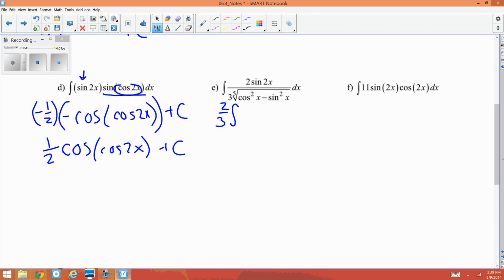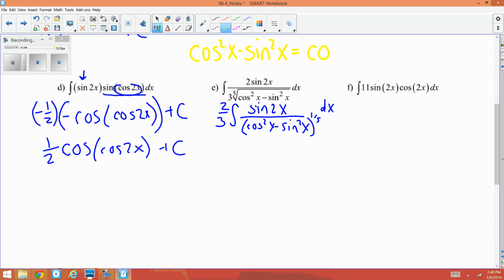Alright, and then sine of 2x. Let's see, I'll write it with a power, cosine squared x minus sine squared x. That looks kind of familiar. Wonder if this has anything to do with those trig identities that we love so much. It does, okay? So, if you recognize this as a trig identity,